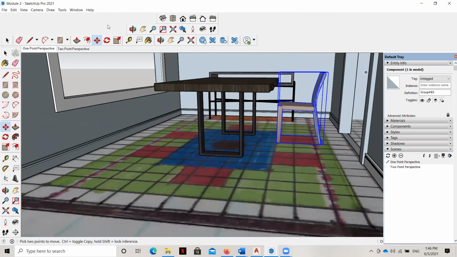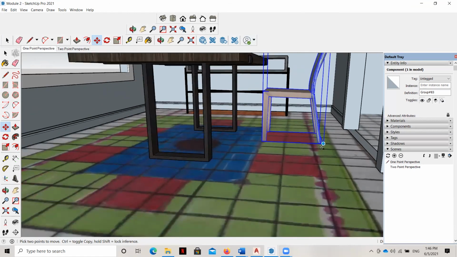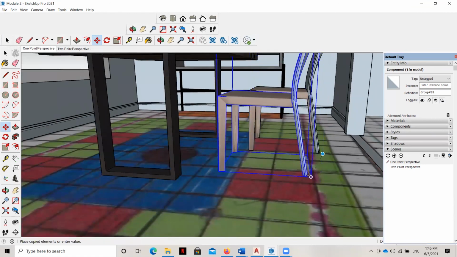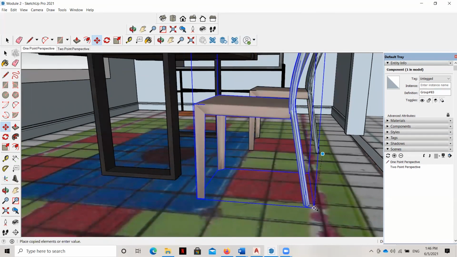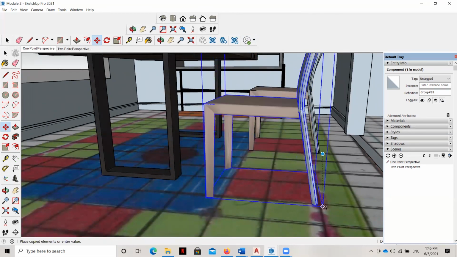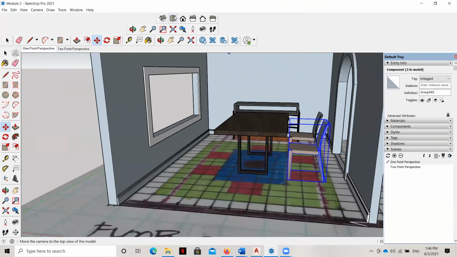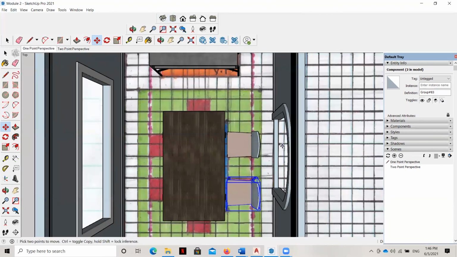So then once we've got that, of course, all we need to do is copy it. So we hit the move button again, hold down the control button and grab the grip. Move it along the correct axis here. You can see it says on face of image. And so we've got the two chairs sitting right next to each other, just like that. I need to move my chair a little bit, but I'll do that later.